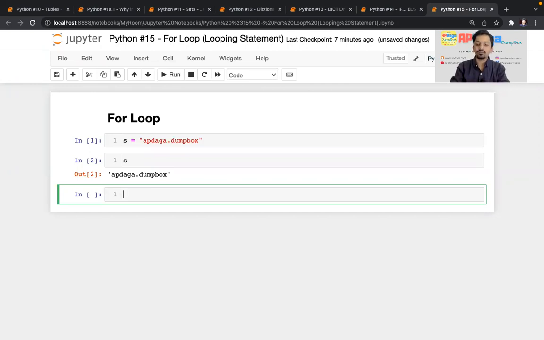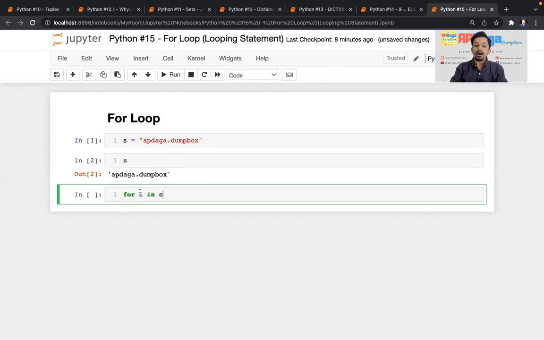So the syntax for the for loop is: for. The operation I want to perform is print, and I'm doing it repetitively for each and every character, right? The repetition part is there, so that's why I'll use the for loop. So: for i in s.